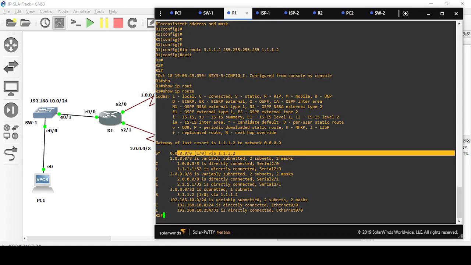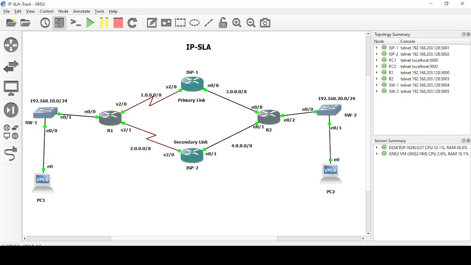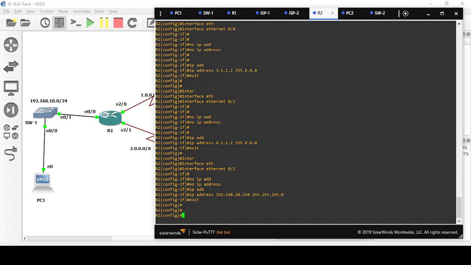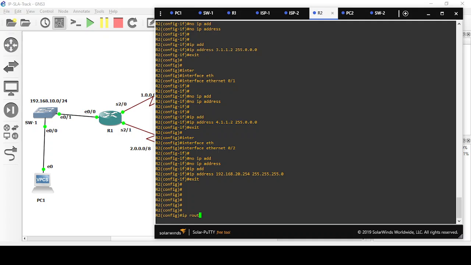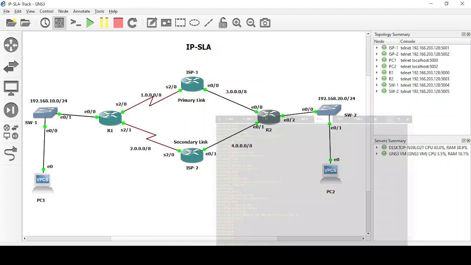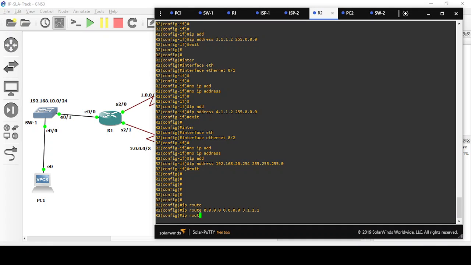Currently, primary link is active. Similarly, we will configure the IP routes here as well. IP route 3.1.1.1, 3.1.1.1, IP route